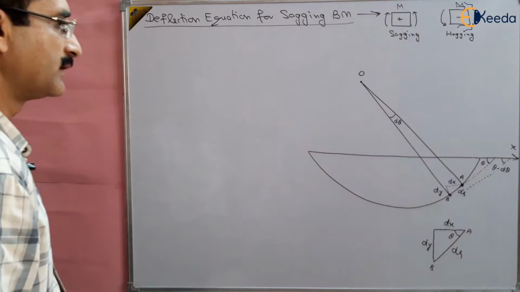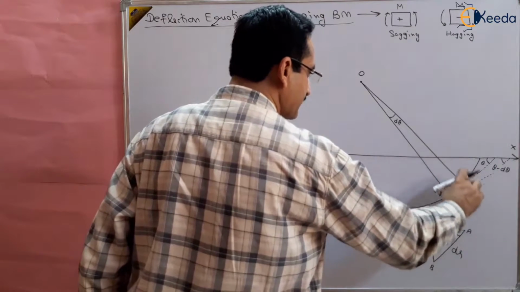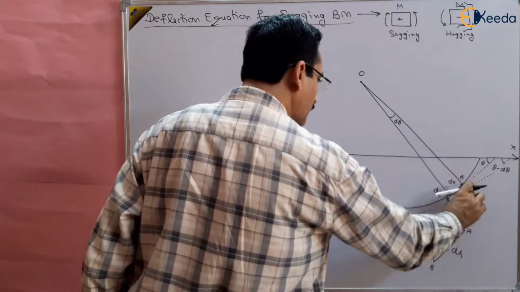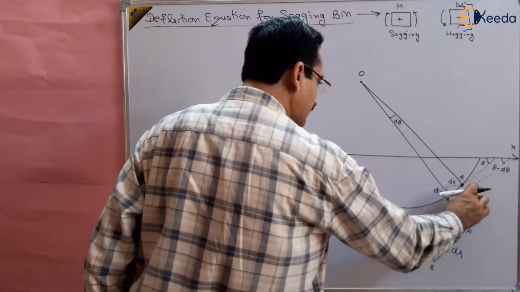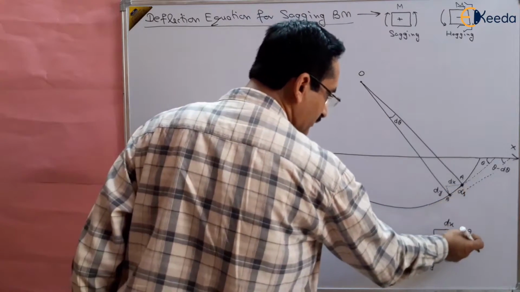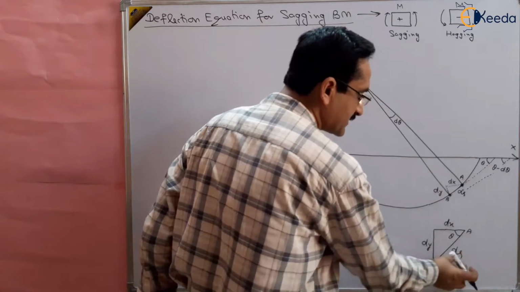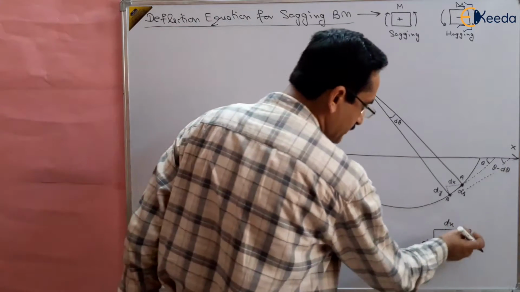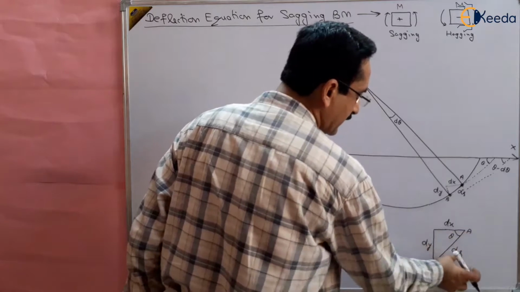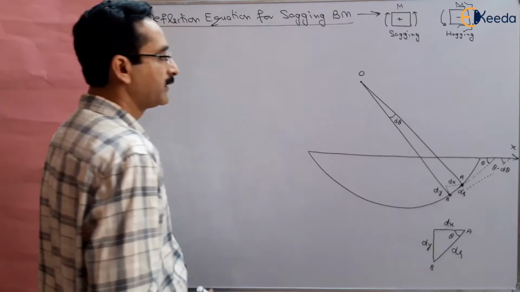So this is the small deformation we have seen here, and in this deflection we have taken a small length ds in this curvature. Although it is an arc, for a small angle and small distance, we can assume that this arc is actually a straight line ds, making a right angle triangle. It has two components, dx horizontal component and dy vertical component, right?